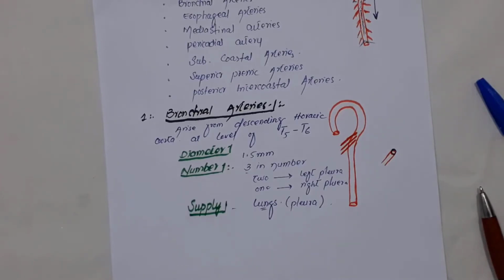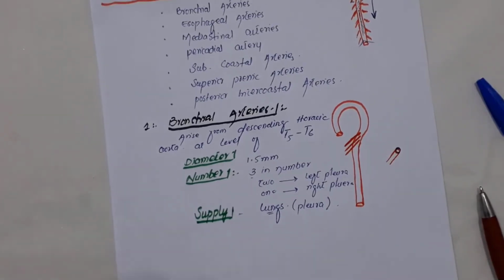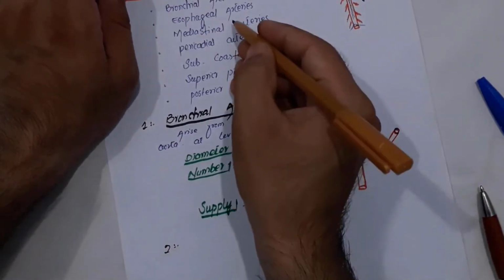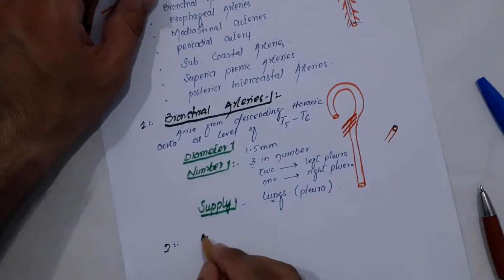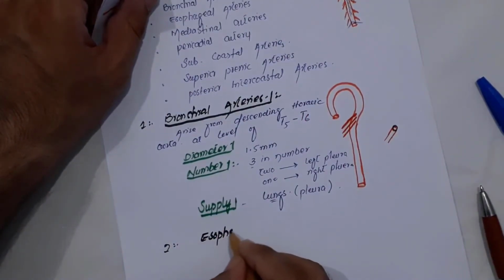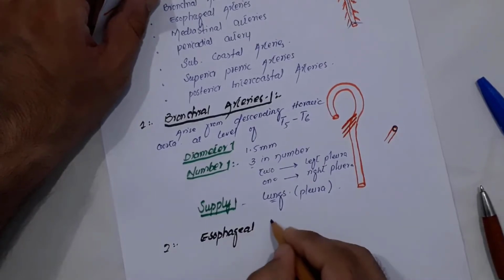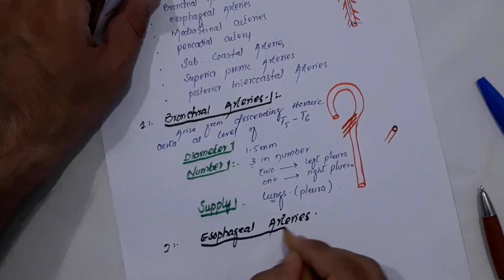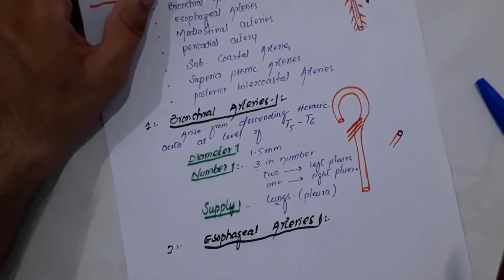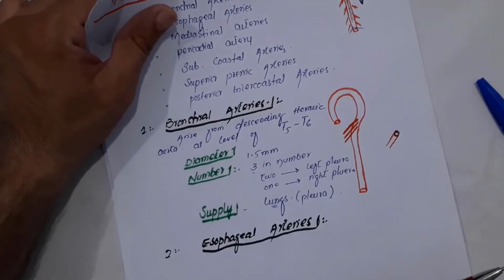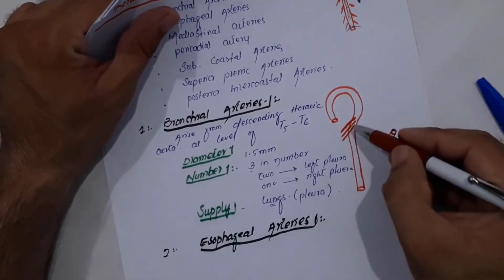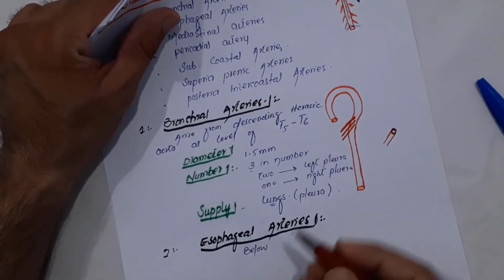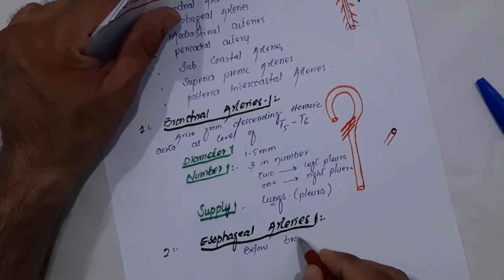Okay, what is the next group of arteries which arise from this descending thoracic aorta? The next group is, as I have mentioned here, the esophageal arteries. What is the origin point of esophageal arteries? They arise below, let me write here, they arise below bronchial arteries, okay,